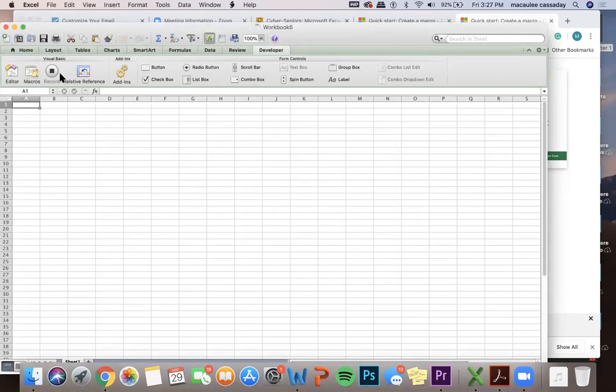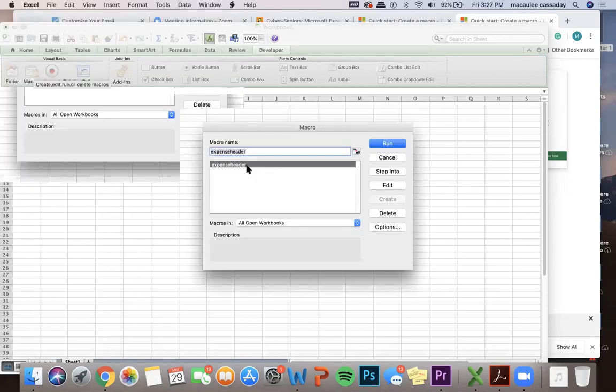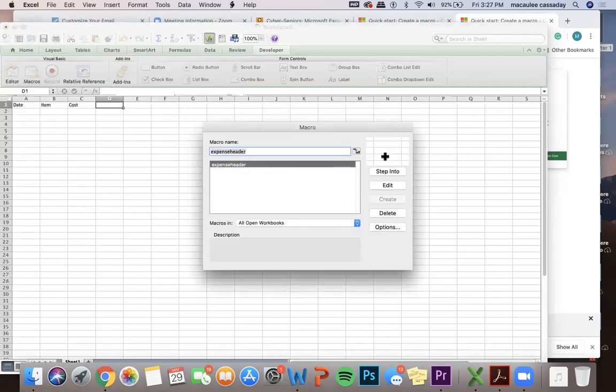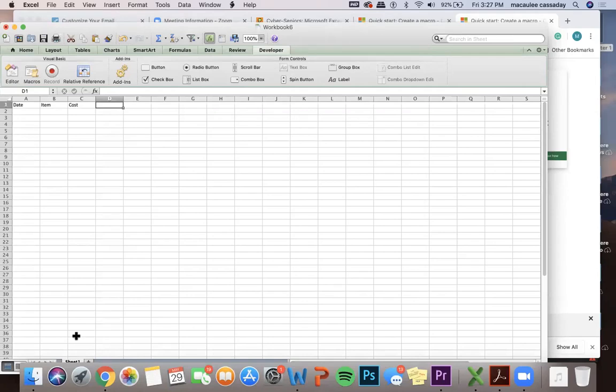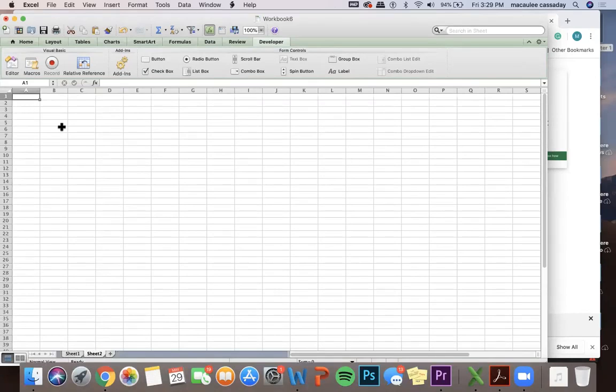You'll see this will now be a little black button rather than a little red circle. And I can say date here, item, cost, or whatever I want. Then when you're done, you just press that again, and you'll see that the macro is now here. If I want to run it, I'll open up a new sheet. In this new sheet I used Z, so I'll press Command Option Z, and it should